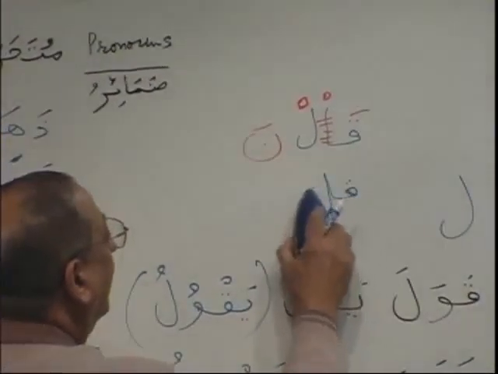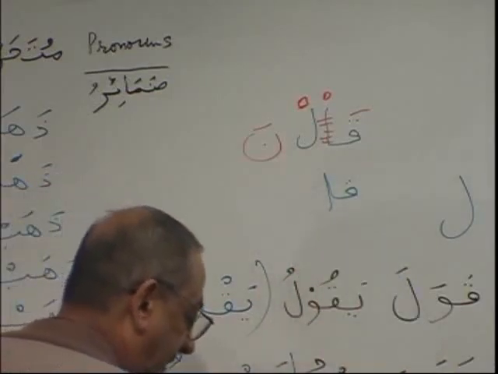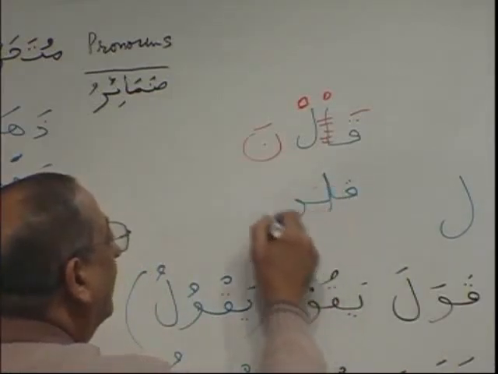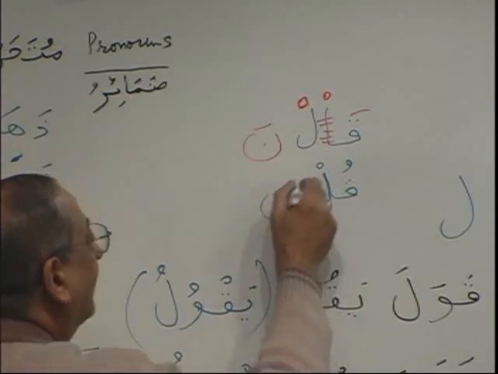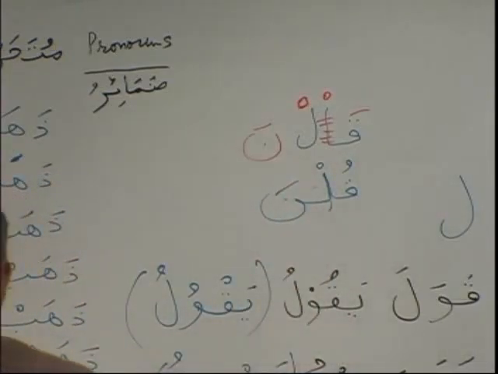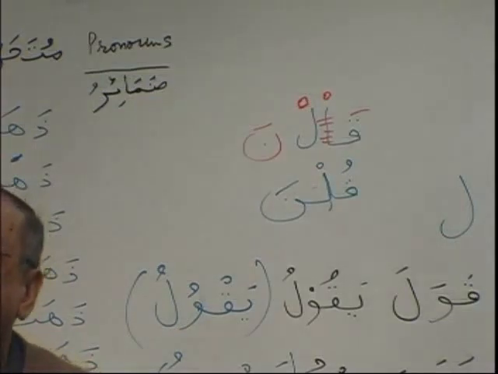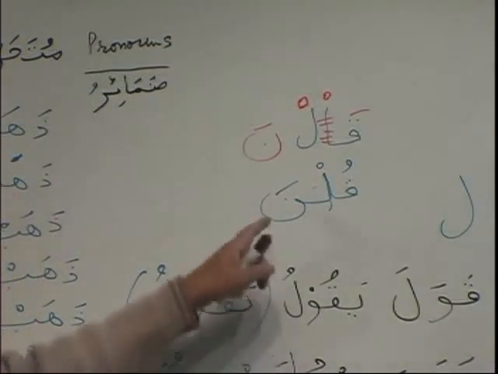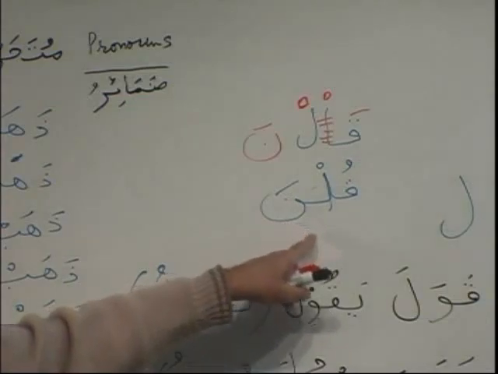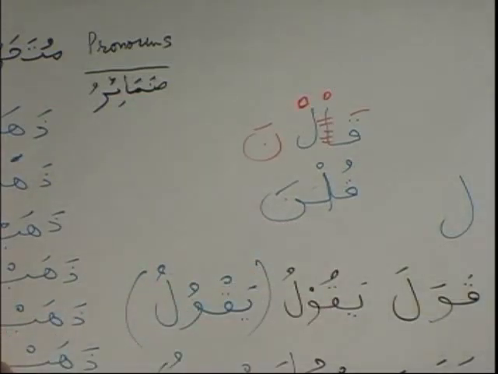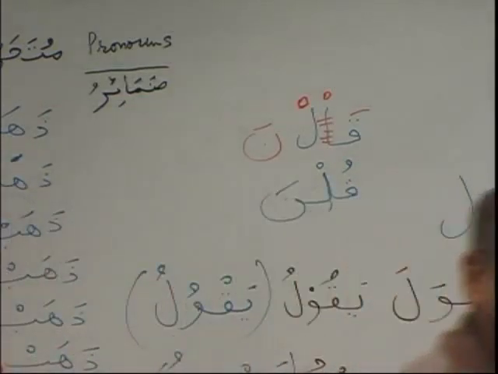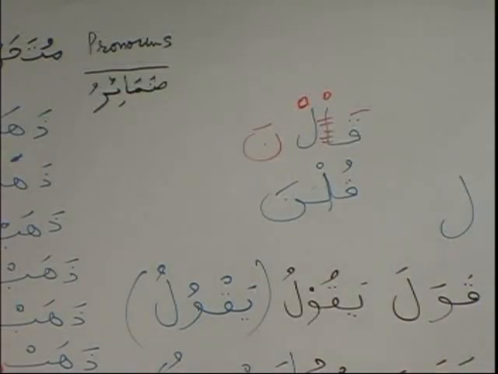The fa kalima gets a dhamma when it is bab nasara. Otherwise, it will get a kasra. When did it happen? When the mutaharrik pronoun came. That is the key. We never used these things before. Now we have to know that it is the